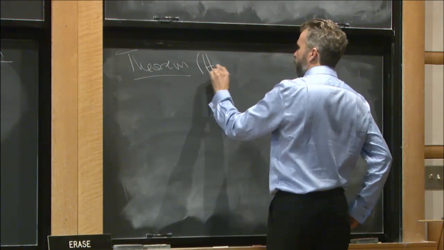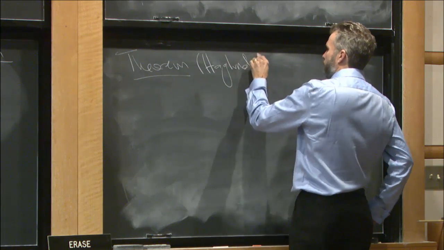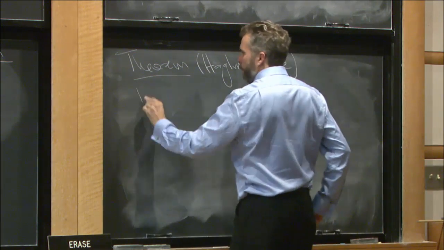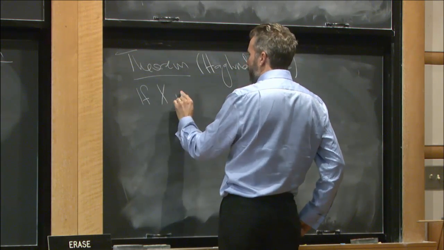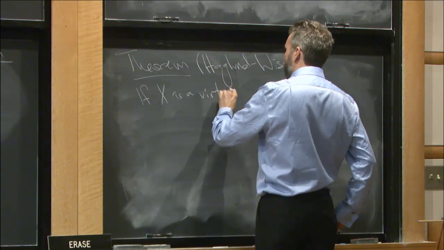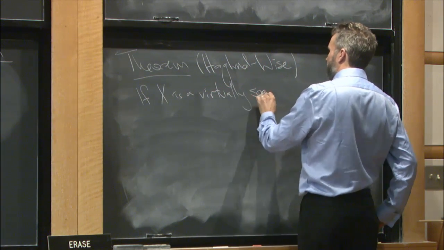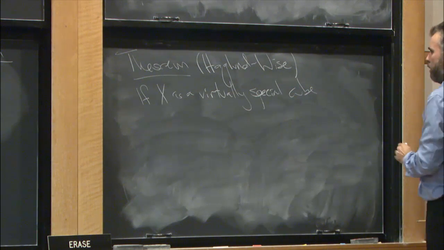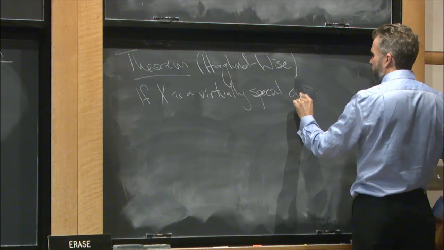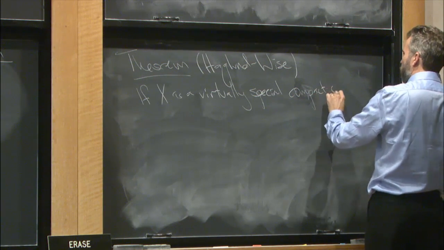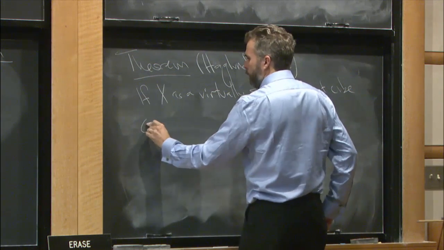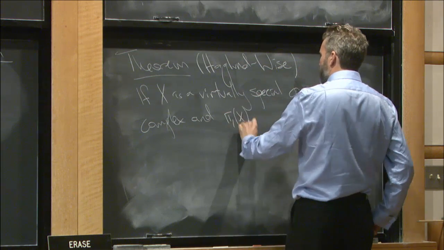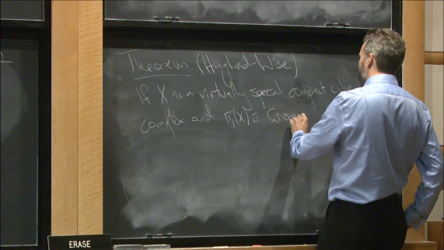So here's another theorem due to Haglund and Wise, and that says if X is virtually special, has a finite cover which is a special, compact cube complex, and the fundamental group is Gromov hyperbolic,